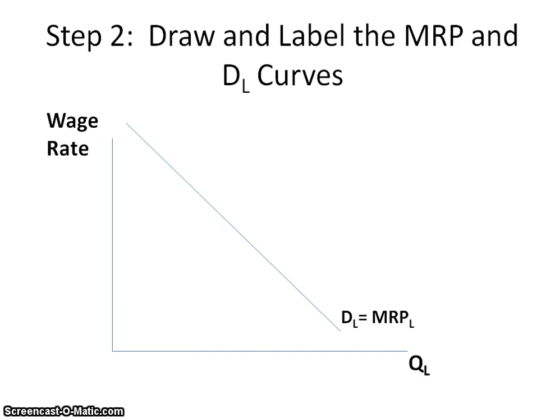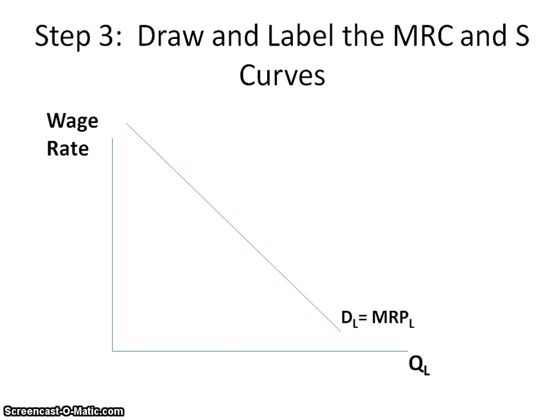And when we're looking at the marginal physical product, which is part of the formula for the MRP, MRP equals marginal physical product times the product price, that's where we're looking at diminishing returns, which